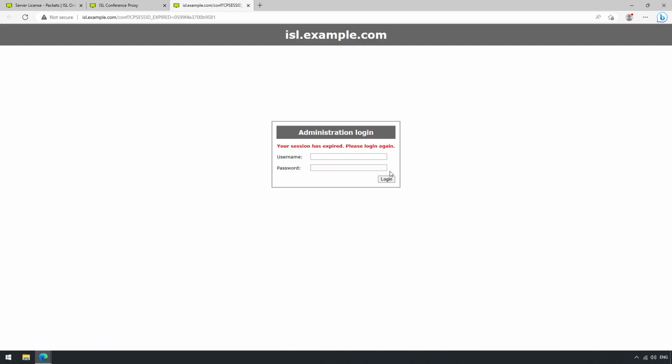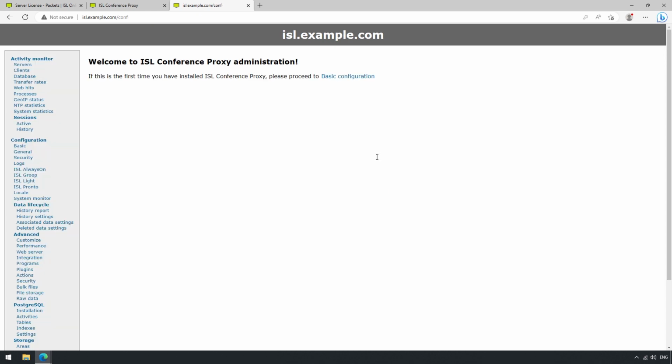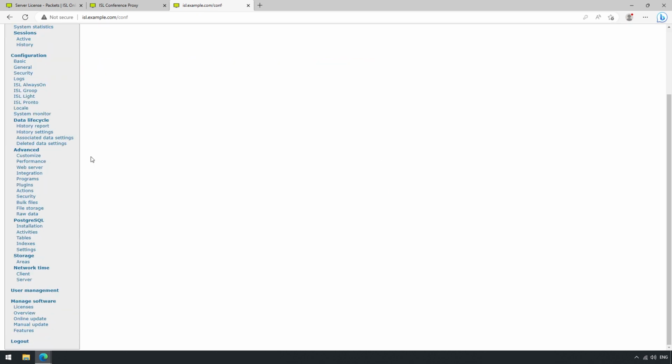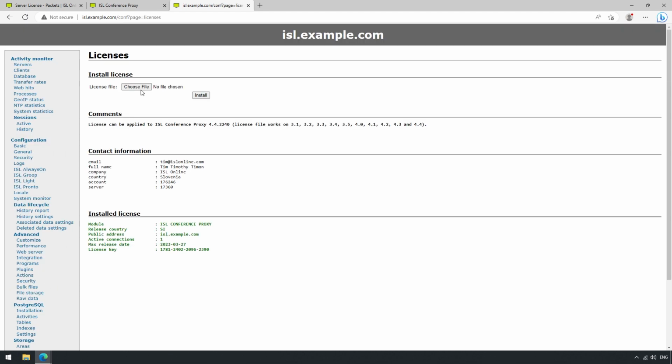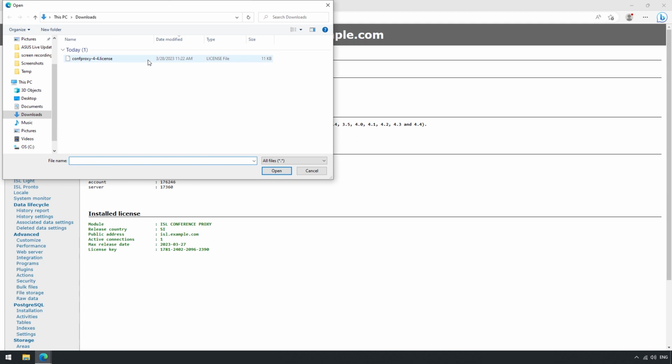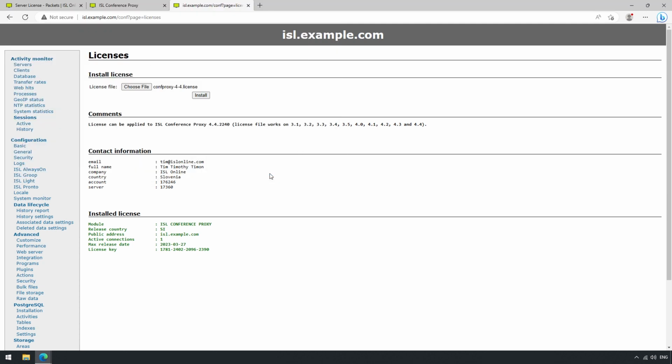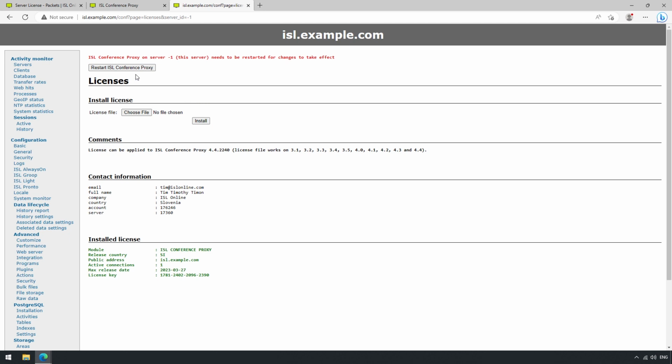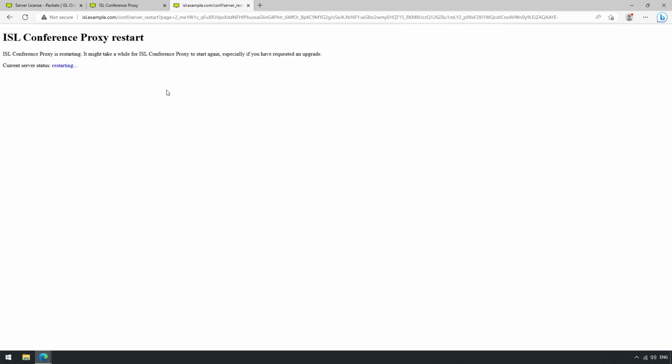Administration. Once logged into the admin console, we can then go to Licenses under Manage Software, click on the Choose File button, select the newly downloaded license file, and click Open. From there, all we need to do is click on Install and restart ISL Conference Proxy when prompted to do so. While it doesn't usually take more than a few minutes, we do recommend updating the ESS outside of working